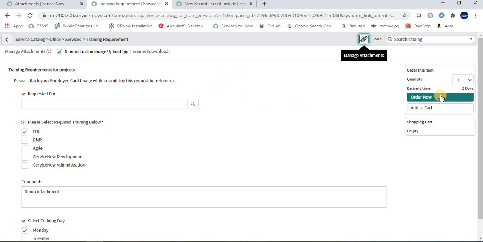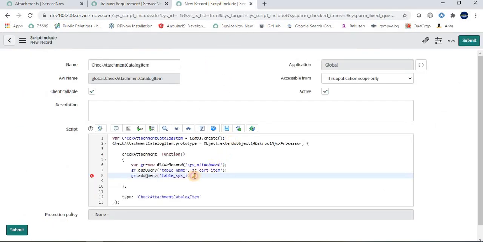When we write the onSubmit catalog client script, we will get the unique GUID from the form and pass that parameter to the script include here. So we will fill this value once we write the onSubmit catalog client script. So I am leaving it blank now.